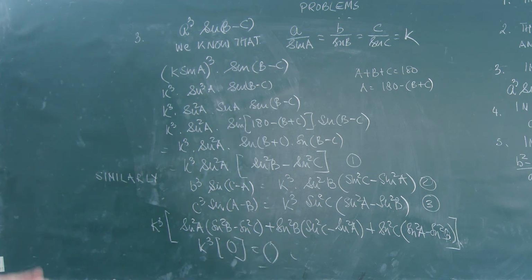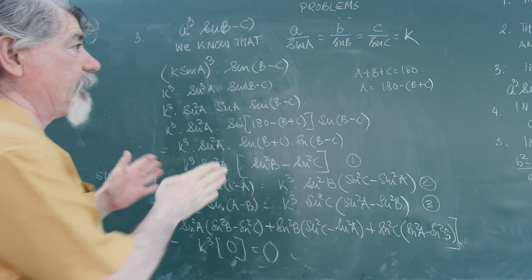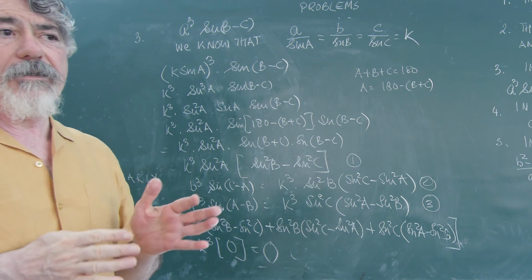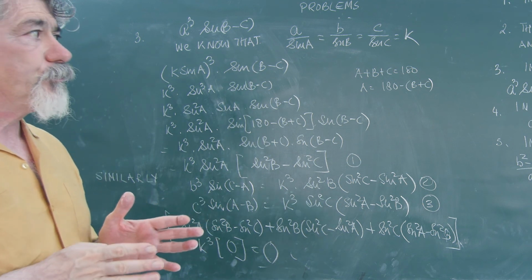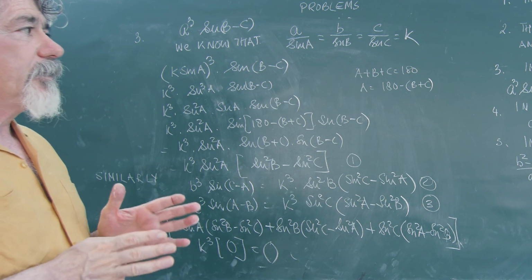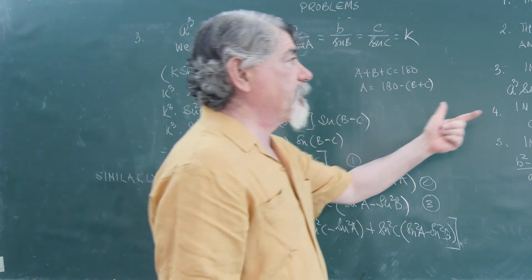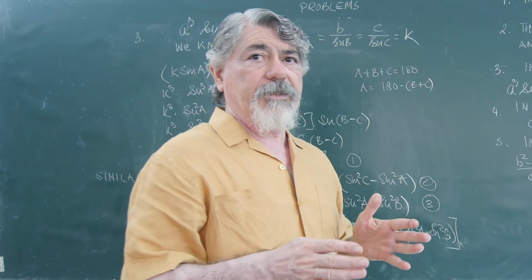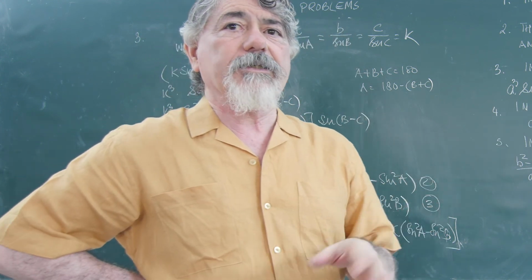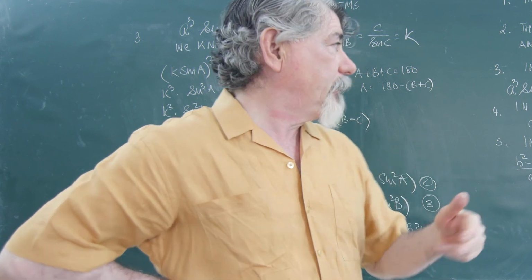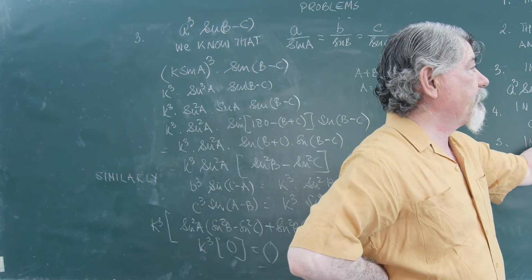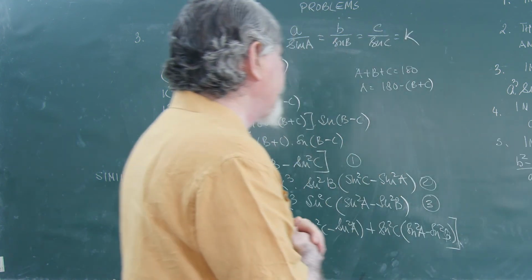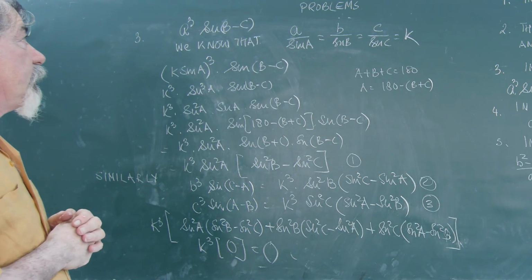What we have done is we have picked out only one portion. I have not tried to solve all three together. It will become too long and too much calculation for you to comprehend at the same time. So I have picked up one portion, a cube sine (B minus C), and solved it. Once I got the final result, on a similar basis I have written the values of b cube sine (C minus A) plus c cube sine (A minus B). How have I done it? I would explain it to you once again.